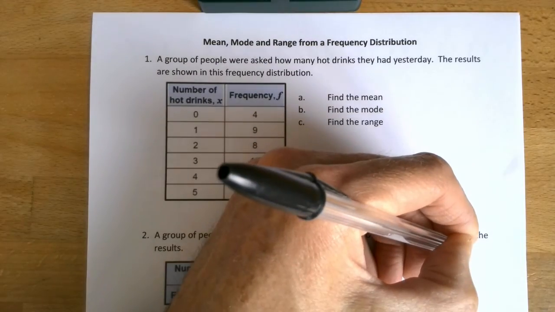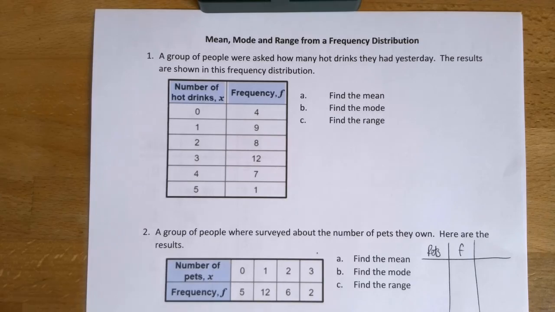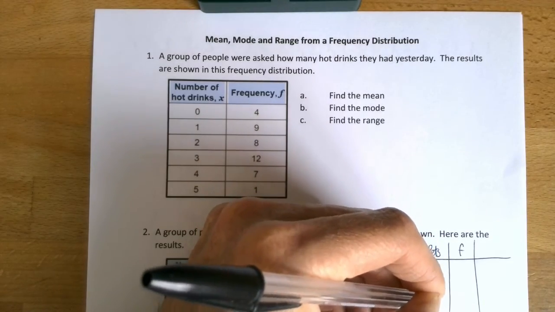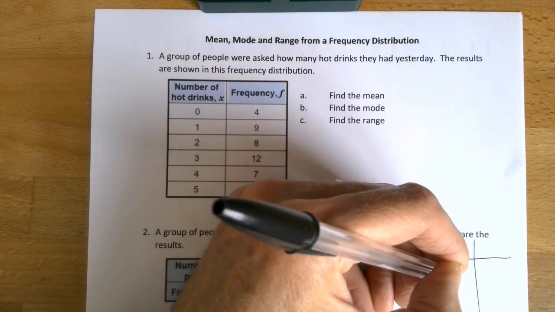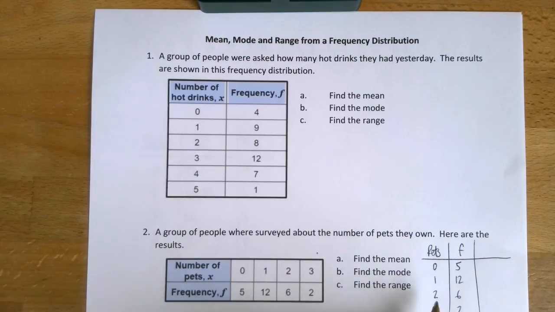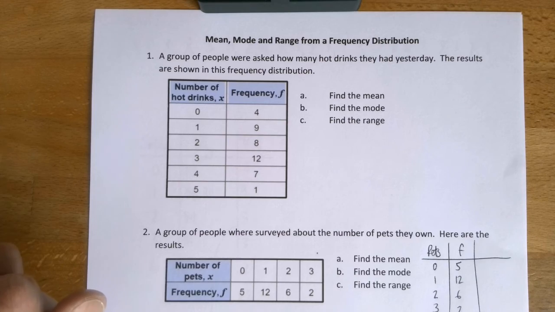I've got my frequency, so I would put it into a frequency distribution like that. 0, 1, 2, 3, fill in the frequencies, 5, 12, 6, 2, and then I just do it just like that one and like the one we did on the video earlier. So I don't like them done like that. I always turn them from rows into columns. So I'd like you all to have a go with that, and you'll find the answers on the second page